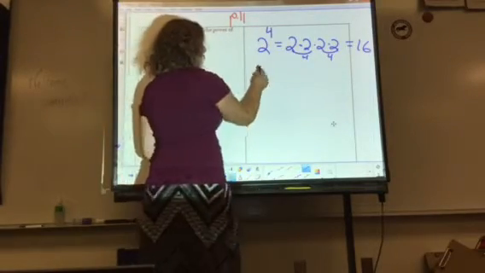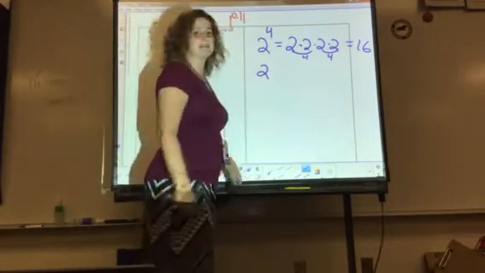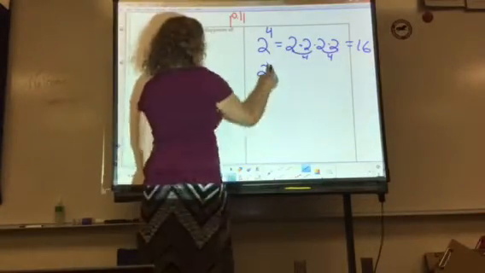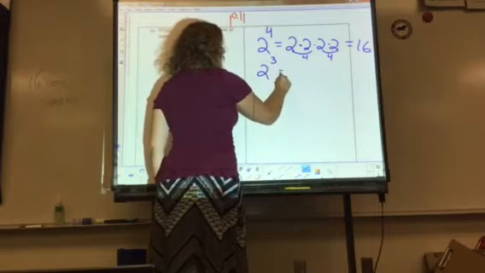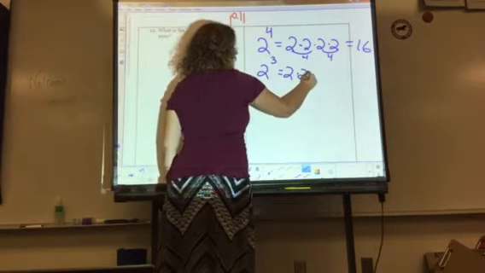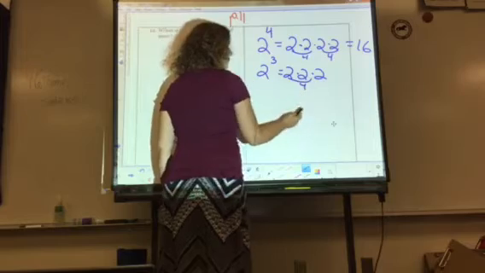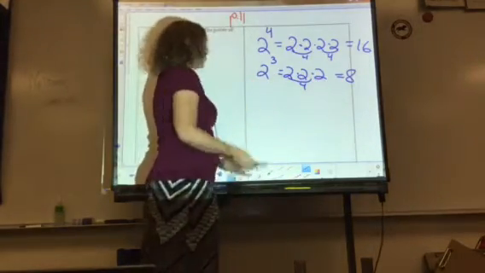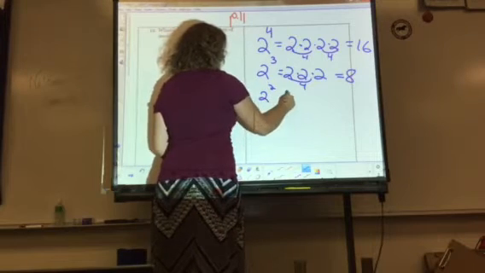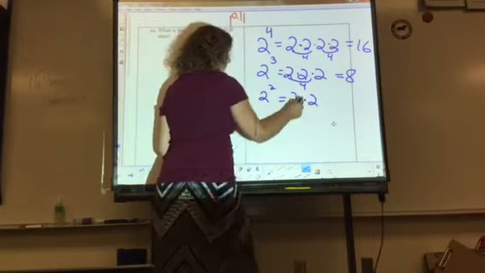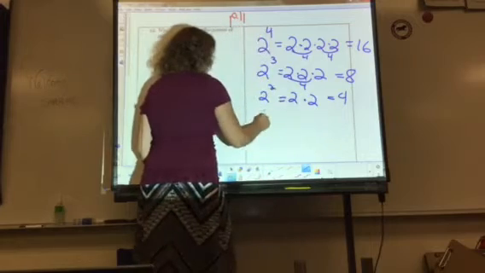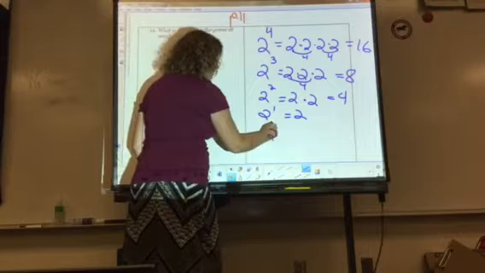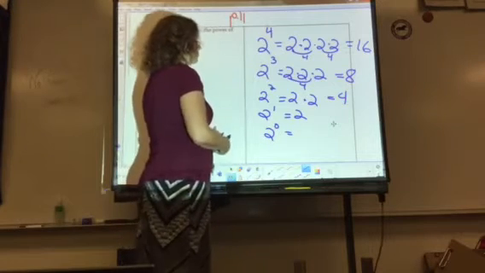Now let's keep going down an exponent. We're going to keep going down until we get to an exponent of 0, and we'll see what happens when we get to 0. How about 2 to the 3rd power? That means 2 times 2 times 2. Well, I know that this much is 4. 4 times 2 is 8. Okay, let's keep going. 2 to the 2nd power, 2 times 2, which is of course 4. 2 to the 1st power, 2. Now, watch what happens when you get to 2 to the 0 power.